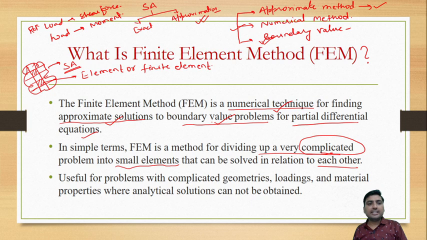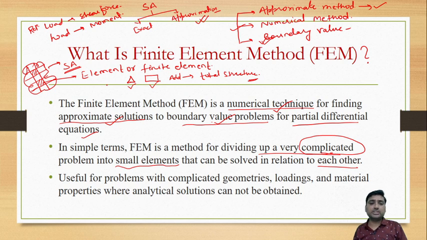Now we can analyze these small elements easily, and if we combine them, we will get the analysis of the whole structure. Your elements are in the shape of triangle and rectangle. You know how to analyze a triangular element and a rectangular element. So we just need to analyze these rectangular and triangular elements, and when we add them all, we get the analysis of the total structure. This is the basic concept of the finite element method.